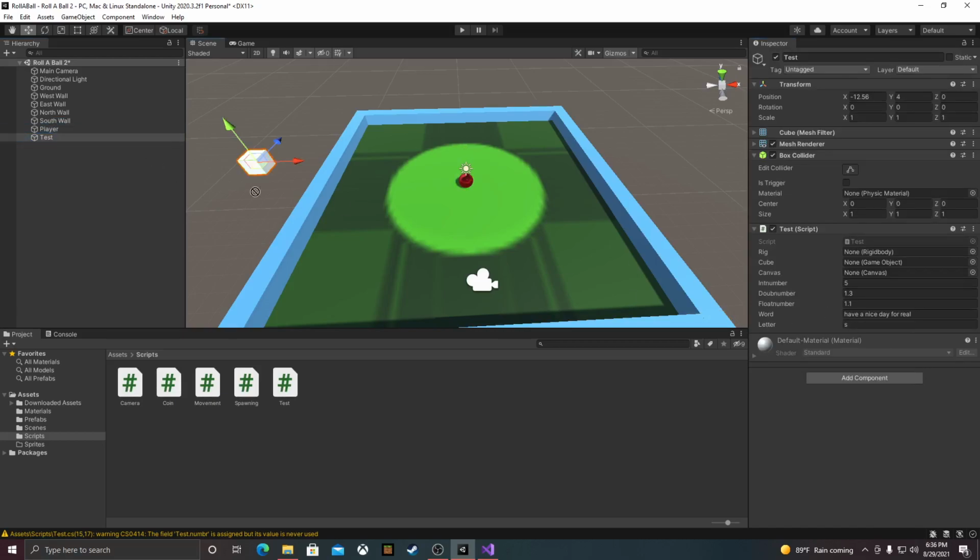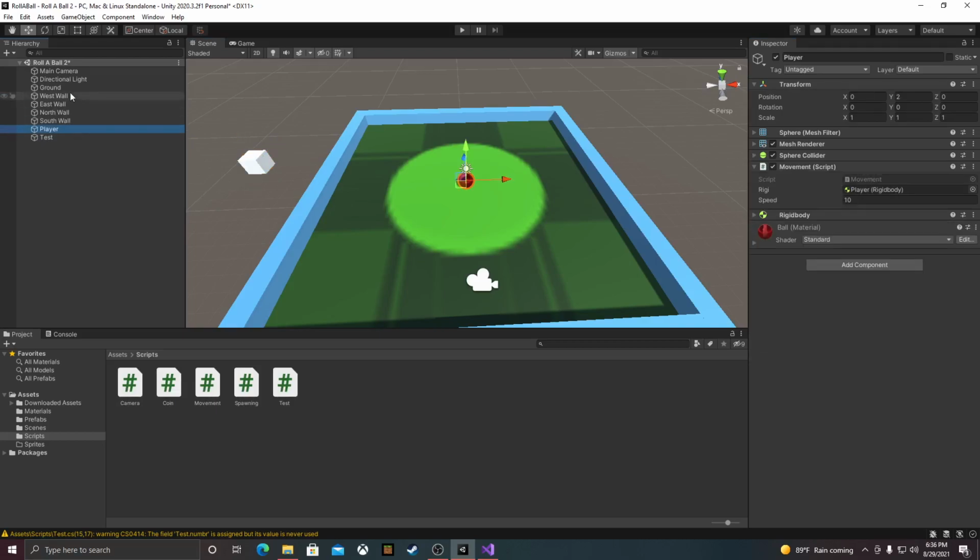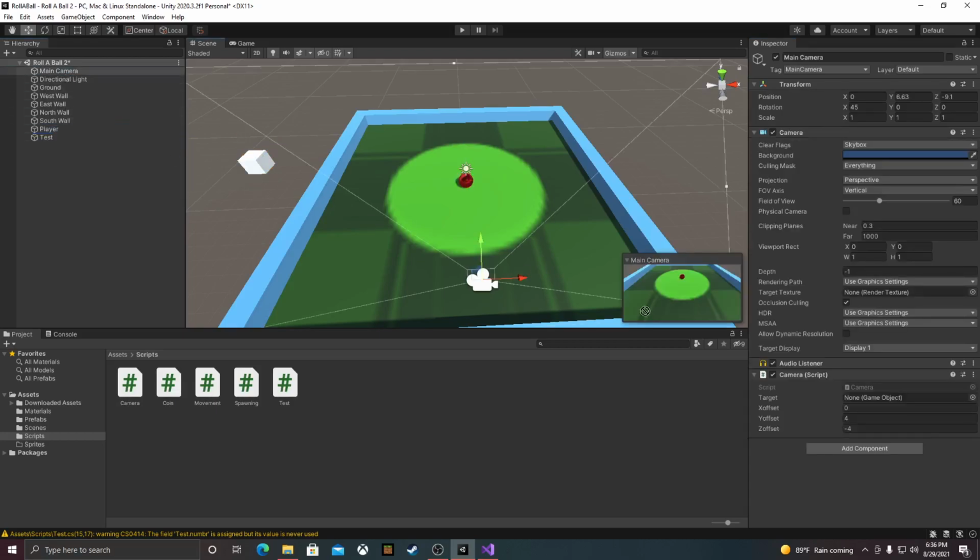There we go. So, just like how we were dragging the rigid body onto the player earlier, we're going to need to drag the